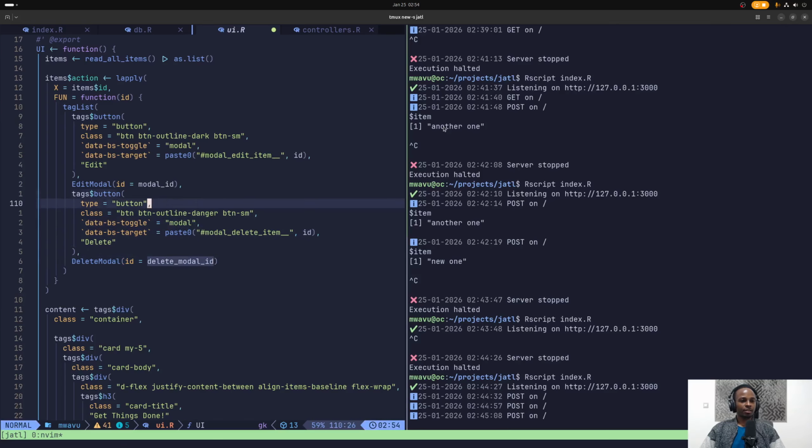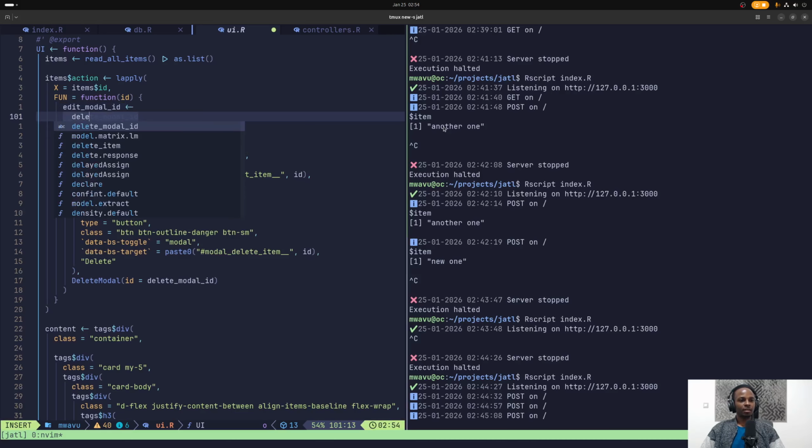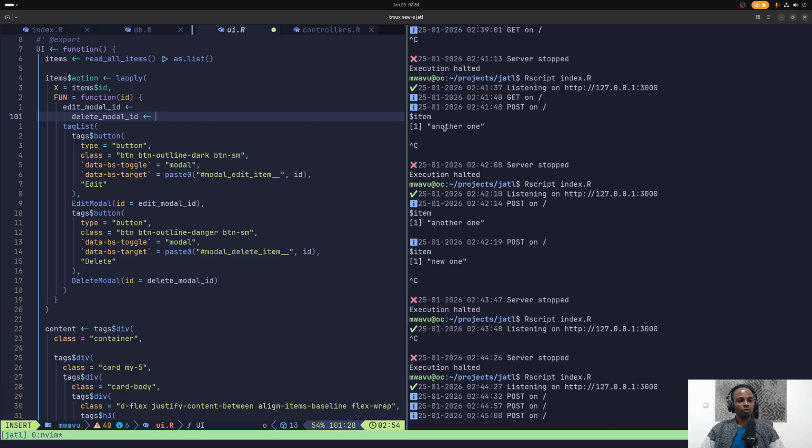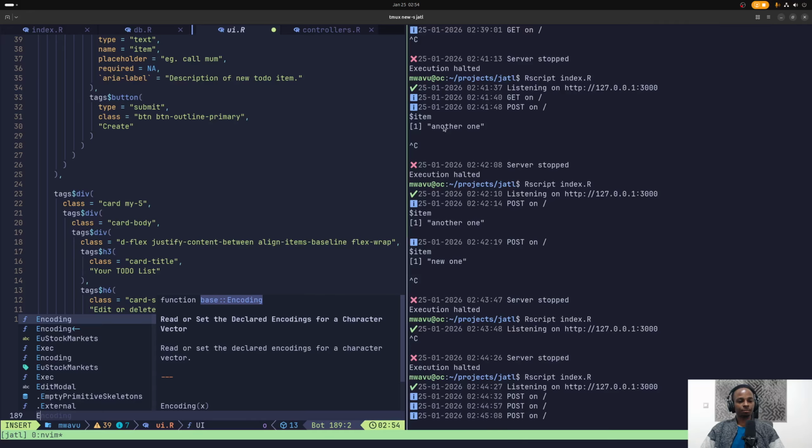So this means this is supposed to be edit modal ID. Okay, so now the edit modal ID will be something, then the delete modal ID will of course be something, but down here I want to have,